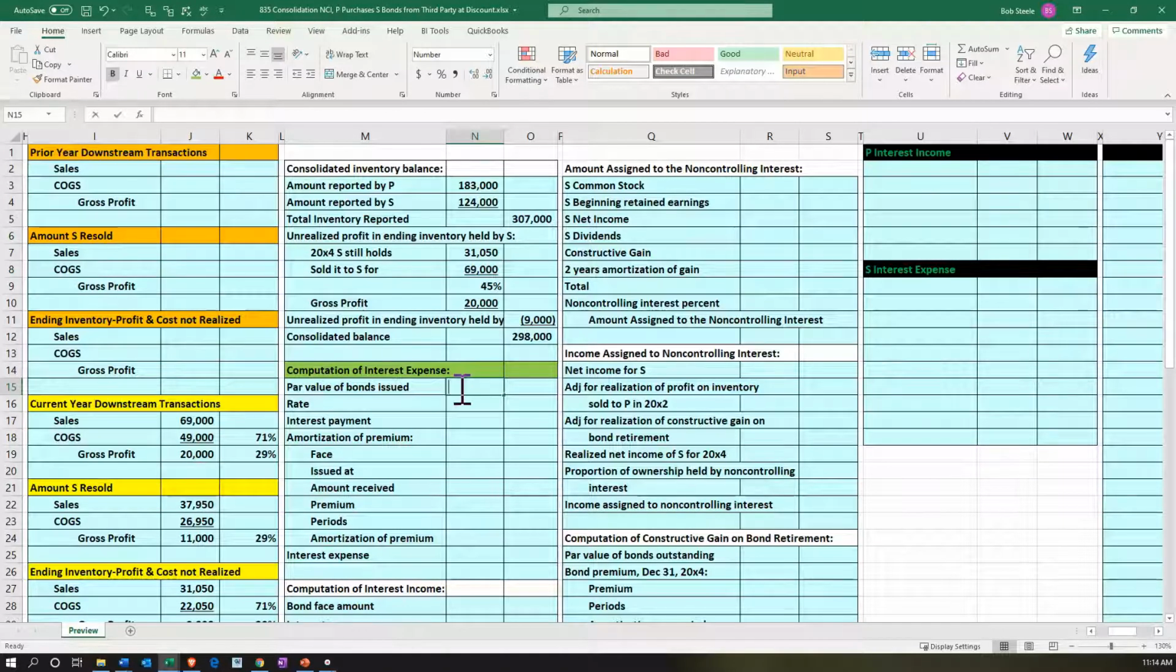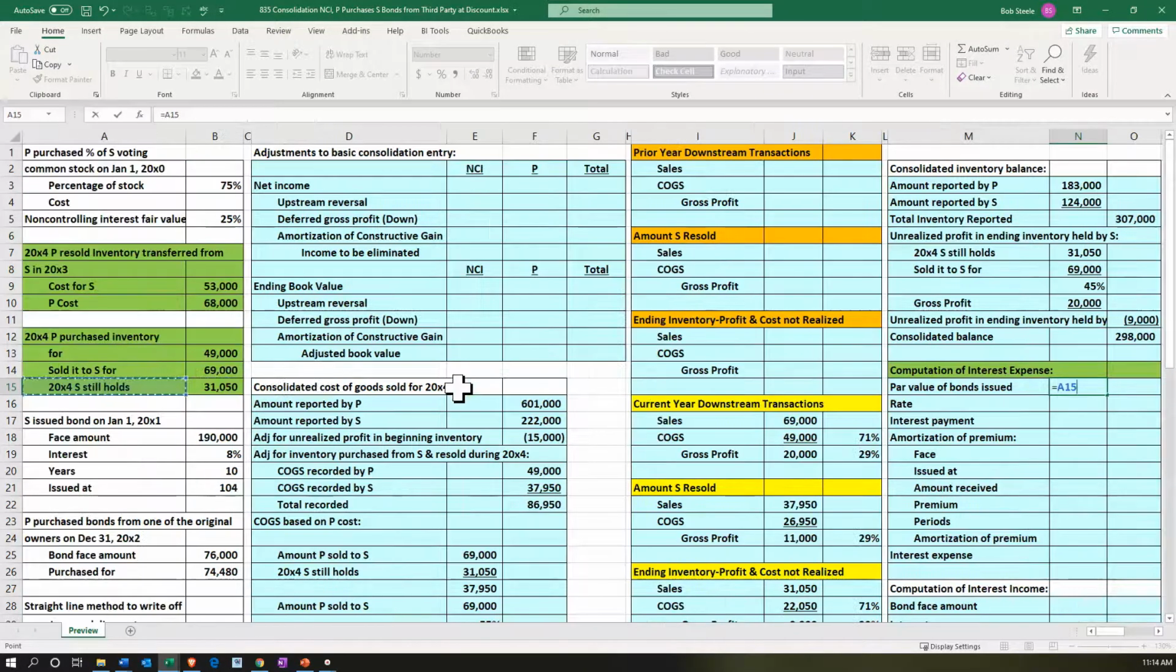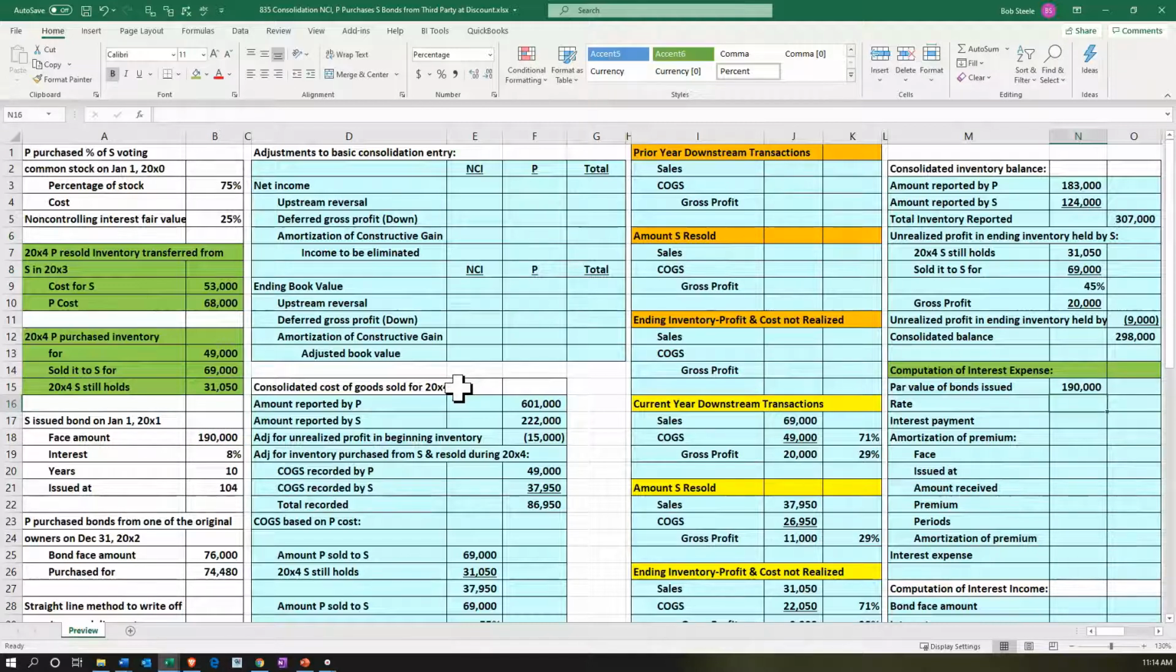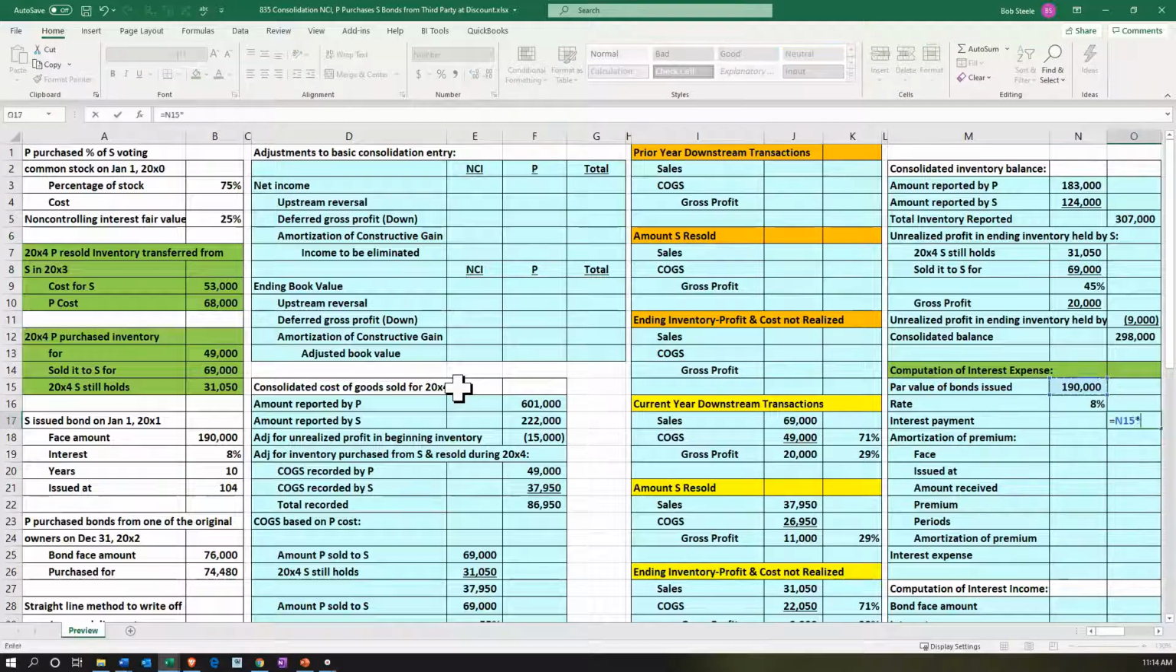So we're going to say, all right, in this case, we'd have the 190,000 you would expect. We're going to be taking that times the rate, which was the 8%. And that's going to give us, I'm going to put it on this side, the 190 times the 8%, or the 15,200. Then we want to consider the amortization of the premium. So I'll bring this back inside. The premium was